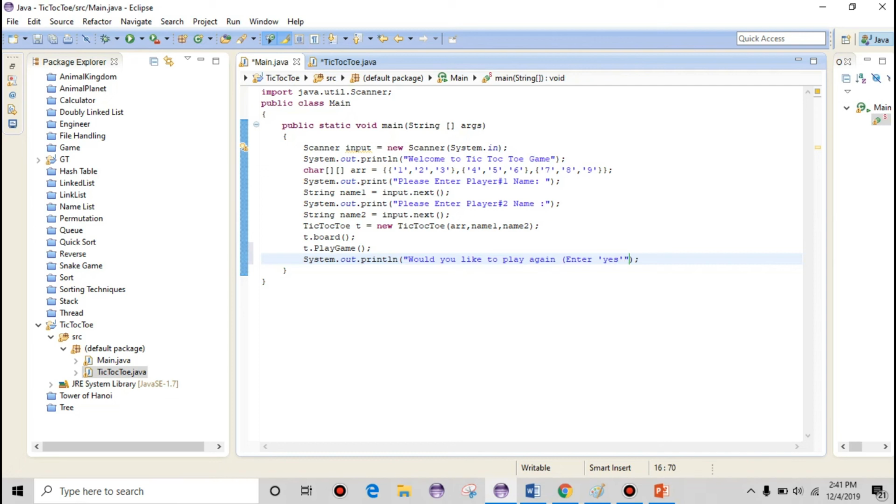Okay, so it will ask the user this question, and if the user writes yes, it means that the game will start working again. So for that I will